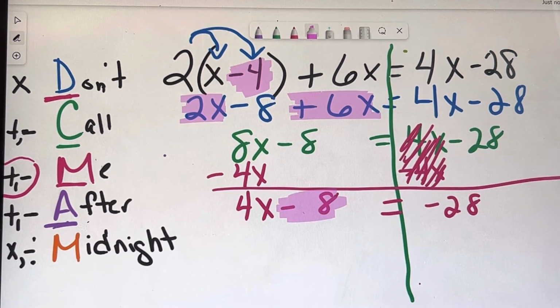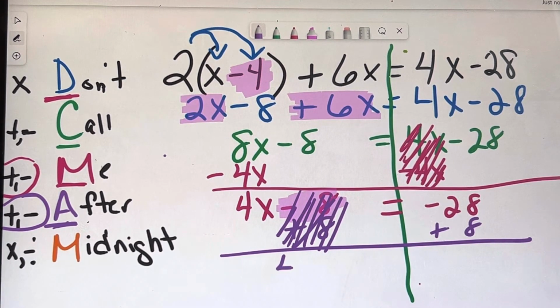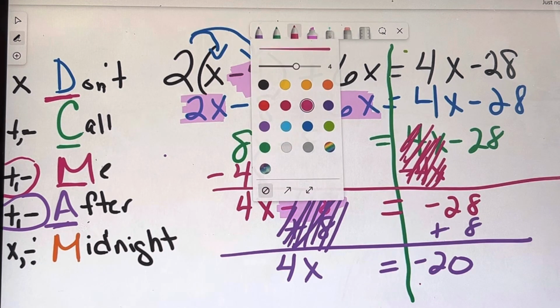So to get rid of a -8 or to zero it out, I need to add 8 to both sides. I'm going to add 8 to both sides. Notice here, again, when we're moving something from side to side, it's addition or subtraction. And +8 and -8 are going to zero out again. And I'm just left with 4x. And on this side, -28 plus 8 is -20. And then we're going to move to our last step,